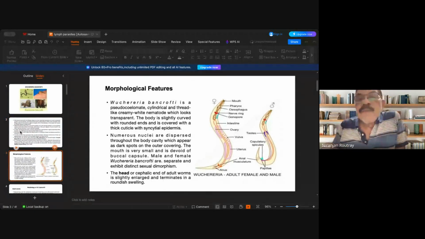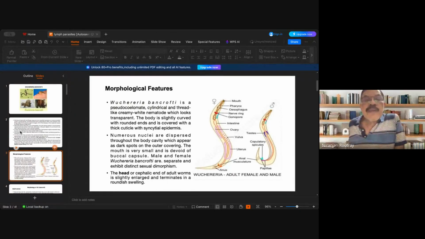Now, the morphological features you can see here. The males are shorter than the females due to the elaborate development of the ovary. So male and female parasites are shown in the picture in the slide. The males you can easily differentiate owing to the presence of the copulatory spicules, and the same is absent in the female. The female has an anus, whereas the male has the cloaca, which serves as the opening for the gametes as well as the undigested food.